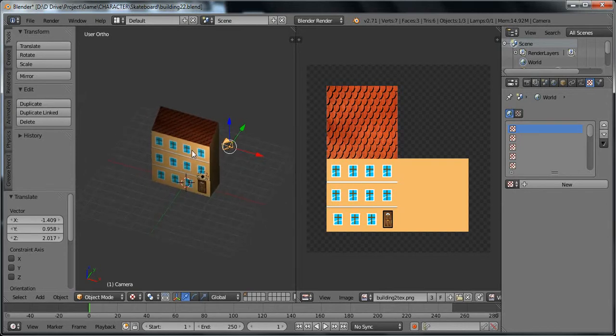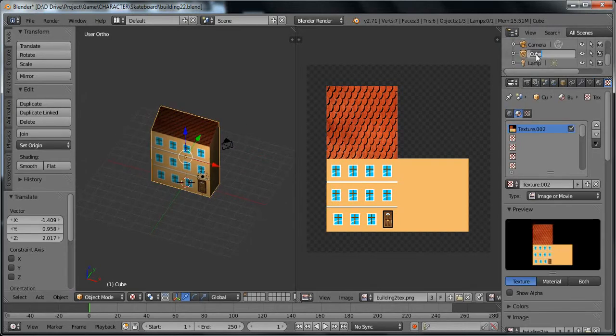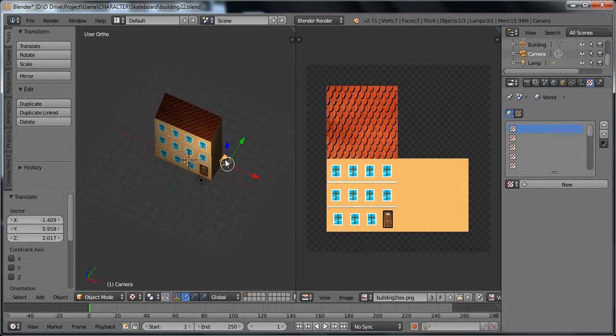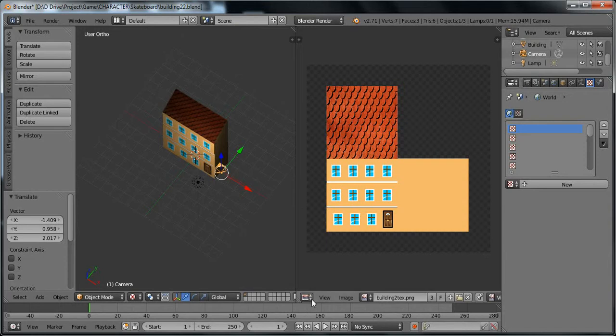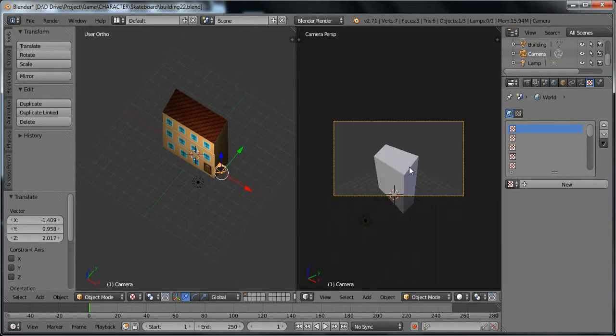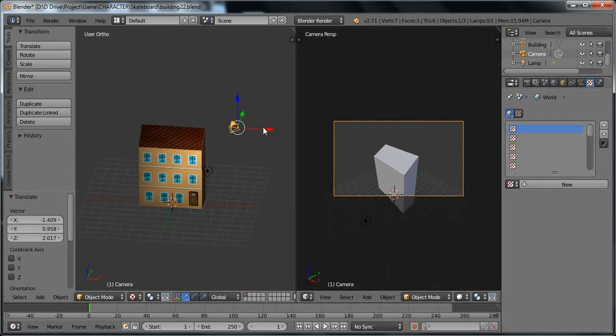So this is the building apartment. I'm naming it as a building. Okay, so I've named it as a building. Now, if I want to adjust the camera, you could open the camera in another viewport, and then adjust the camera.